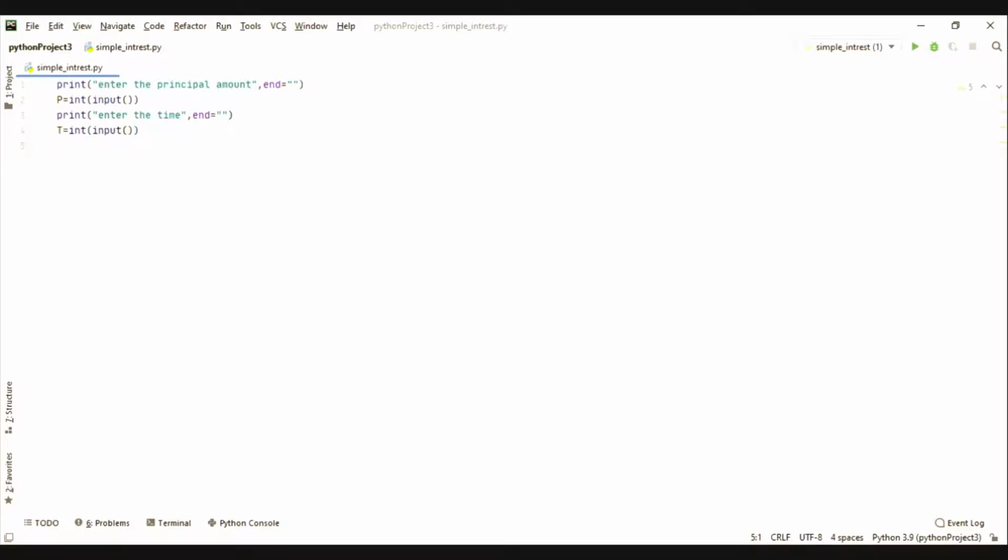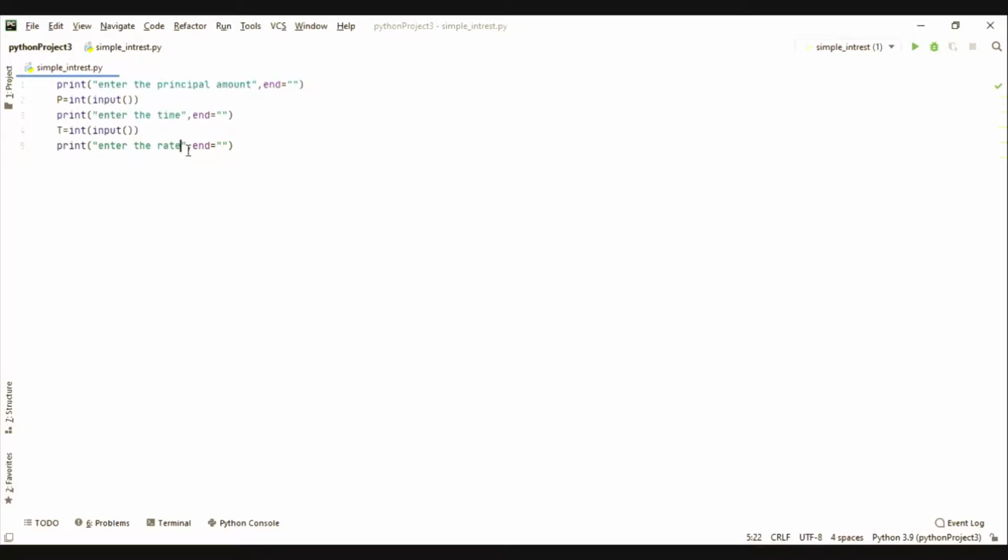And let's print R, which represents rate of interest. Print into inverted commas, "enter the rate", and I'm going to give a comma for this one, and end equal to two inverted commas. So it's completed.